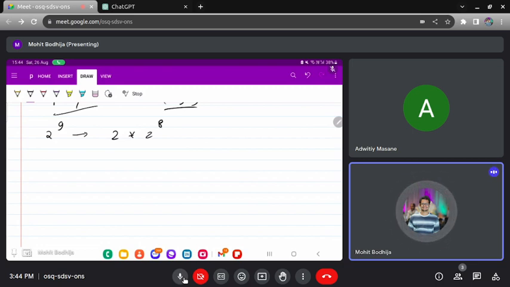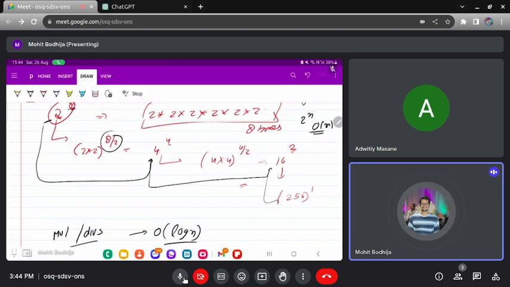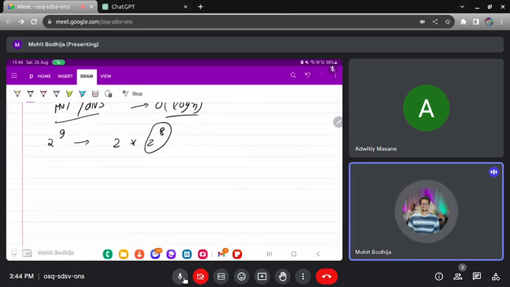Now we know how to solve 2 to the power 8 by the same approach. If it is an odd number, we multiply the base into 2 to the power 8, and the approach will be the same as for the even number. Like this we are going to handle the case where the power is odd.